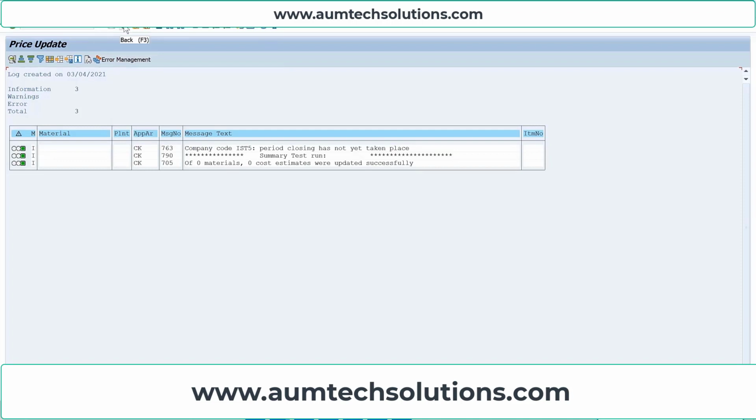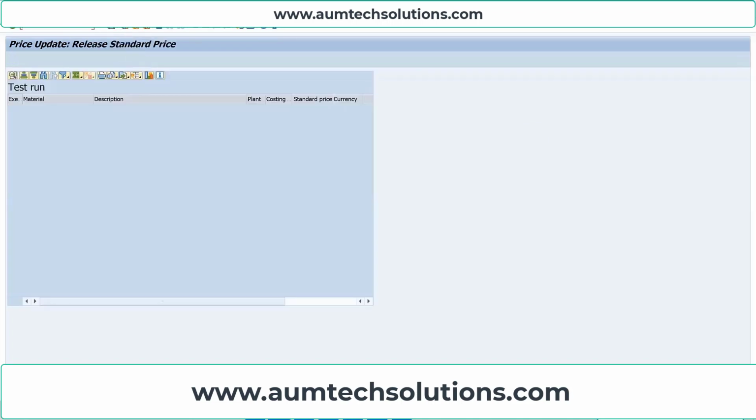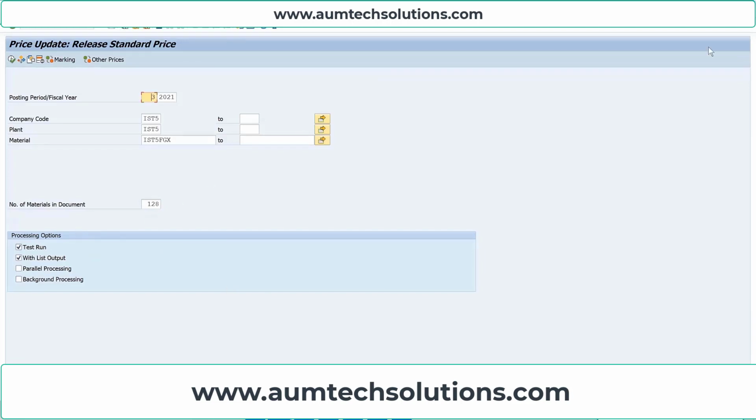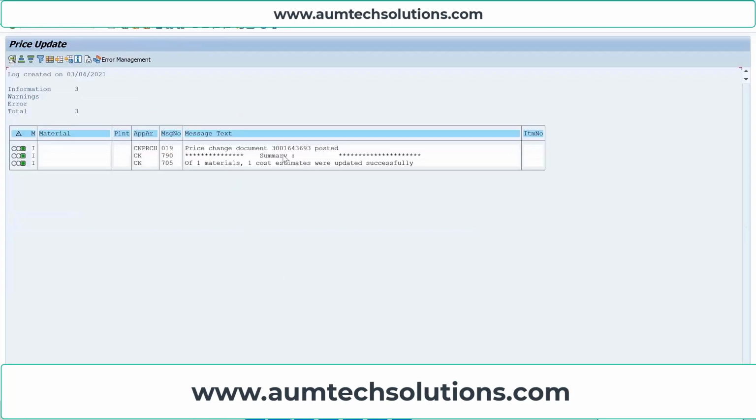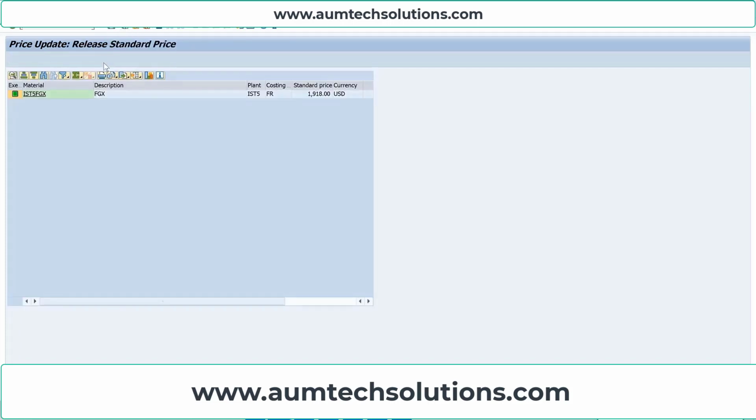Let me do the period closing. So I've closed the previous period. Now let's release the cost, execute the transaction code. And we see the price change document has been posted and one material cost estimate has been successfully updated.